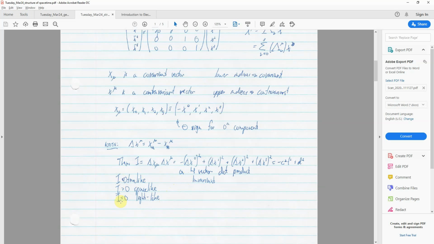This is a bit abstract written here, but basically if this four vector dot product is less than 0, then we call this time-like. That means that the time part is bigger than the spatial part. If the spatial part is bigger than the time part, then this four vector is greater than 0, and this is called space-like. And if it's exactly equal to 0, then this d squared is equal to minus,